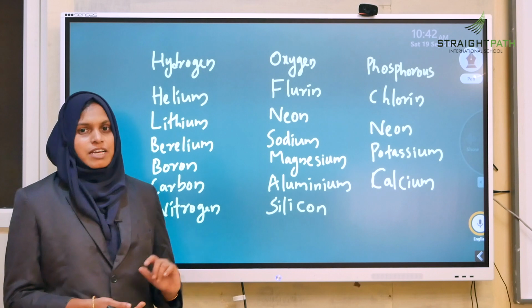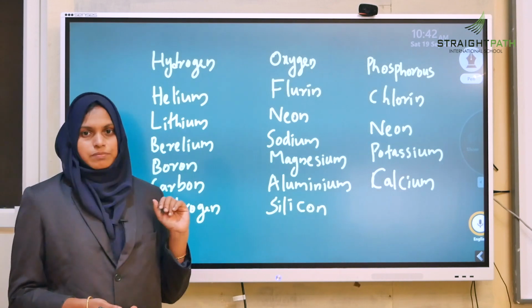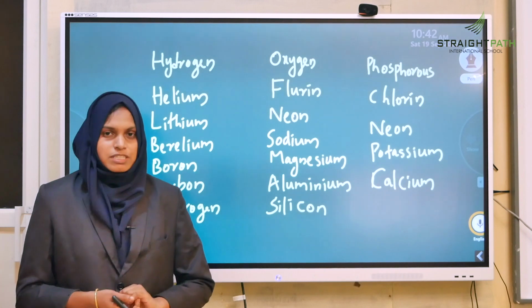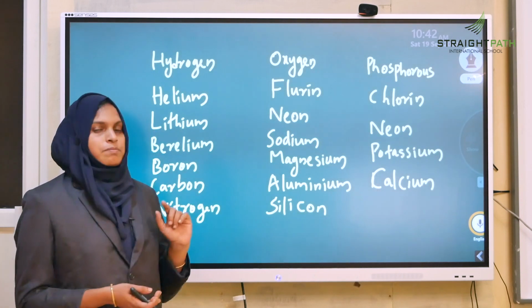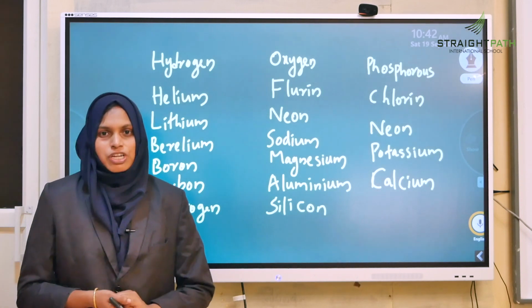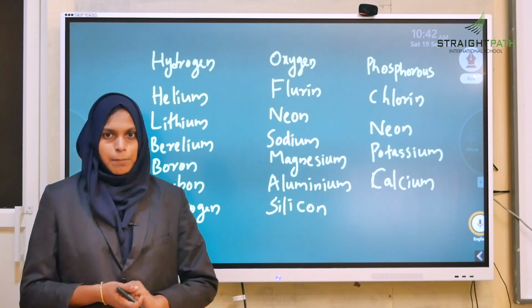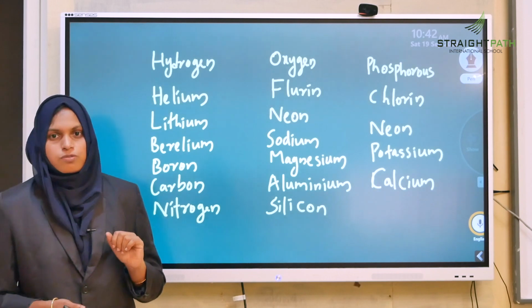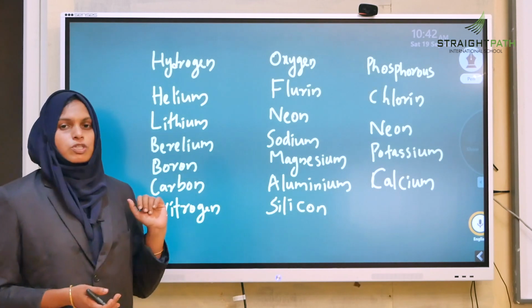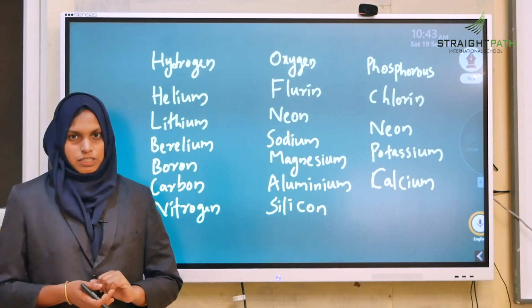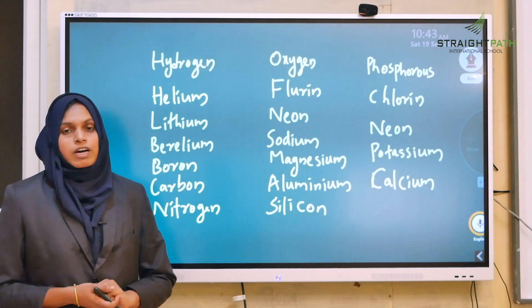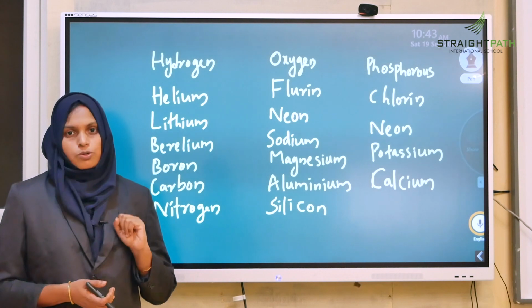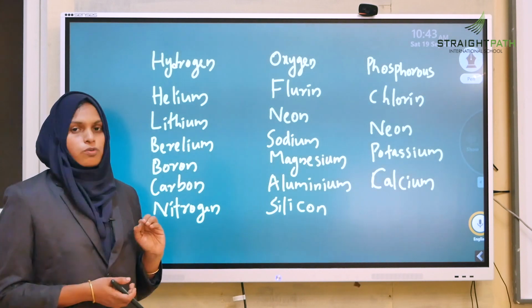Next we can discuss the symbol of atom. Now 118 elements have been discovered and their symbols were given by the International Union of Pure and Applied Chemistry. So in order to discuss the symbol of atom, let me write the first 20 elements in the periodic table. The International Union of Pure and Applied Chemistry put forward 3 rules in order to write the symbol of an atom.